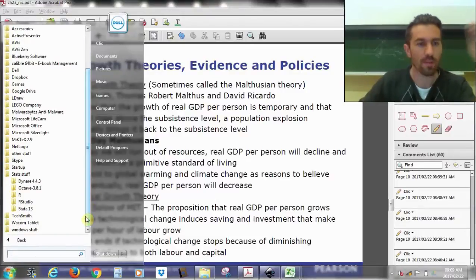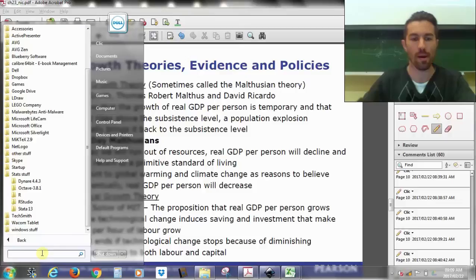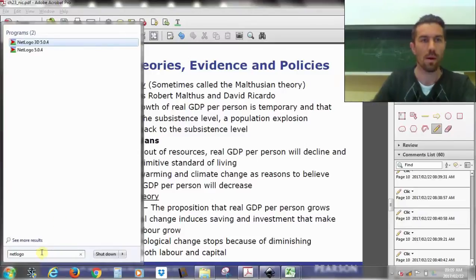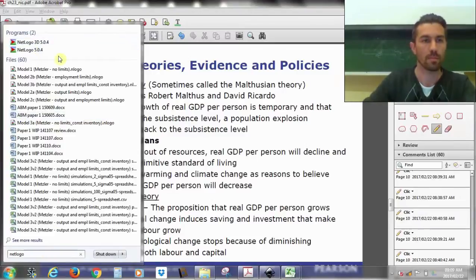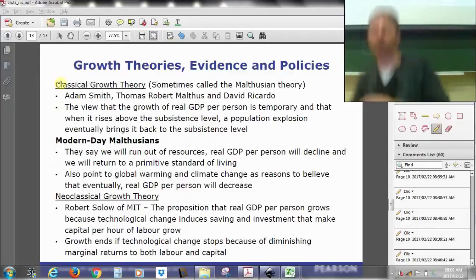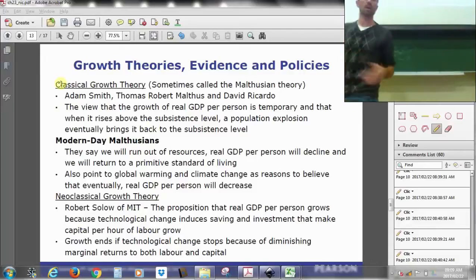I just got to figure out exactly where I've put it and what it's called. Okay, NetLogo, there we go. So NetLogo is a